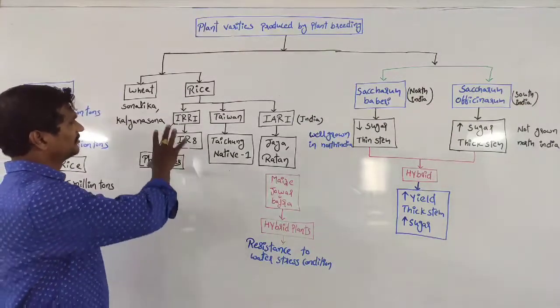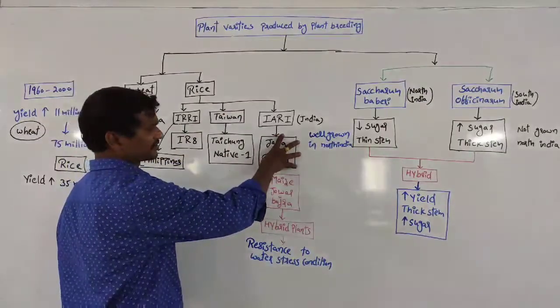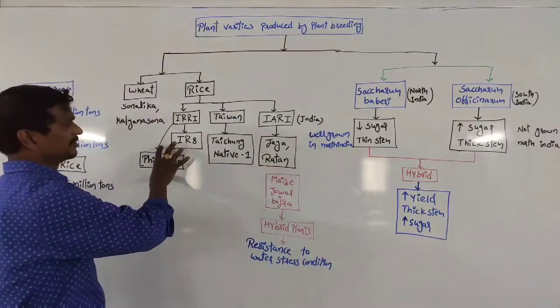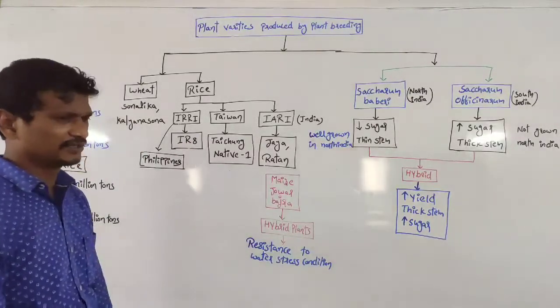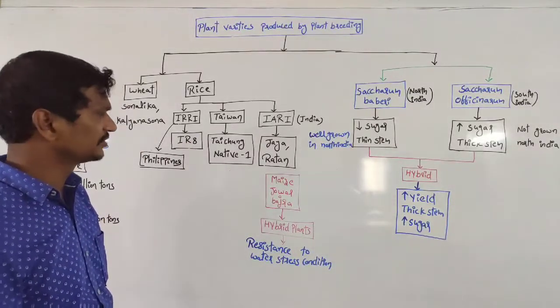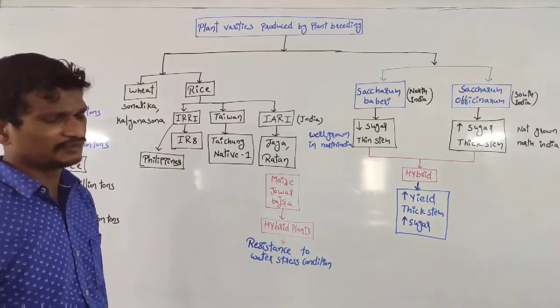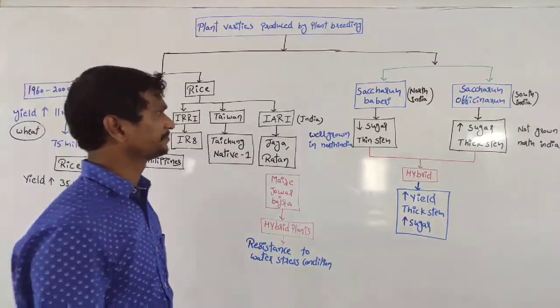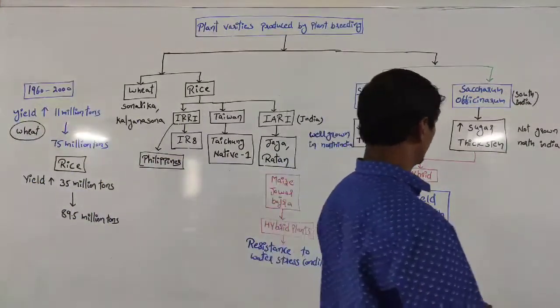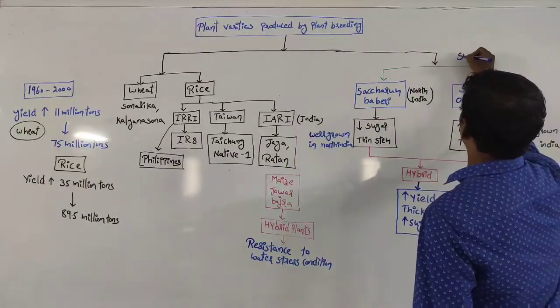Remember, we have to remember the wheat varieties, the Indian rice varieties, and the international variety from the Philippines, IRRI. These are the important rice and wheat varieties. After the production of these varieties, the yield of rice and wheat dramatically increased. And coming to sugarcane,